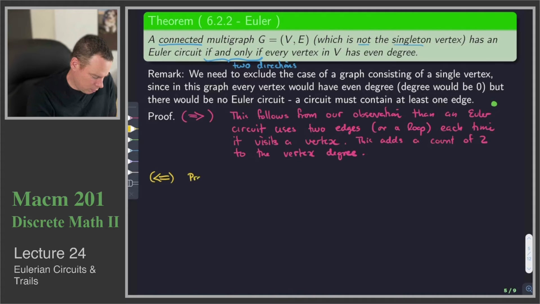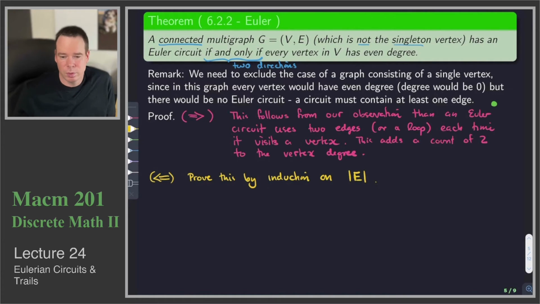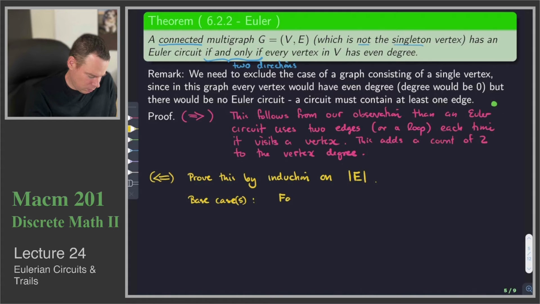We will prove this by induction on the size of the edge set. That's what we're going to do. We're going to prove it by induction on the size of the edge set. So let's start with our base case. And I'll say base case is, because we'll do it plural, for the size of the edge set being 1 or 2,